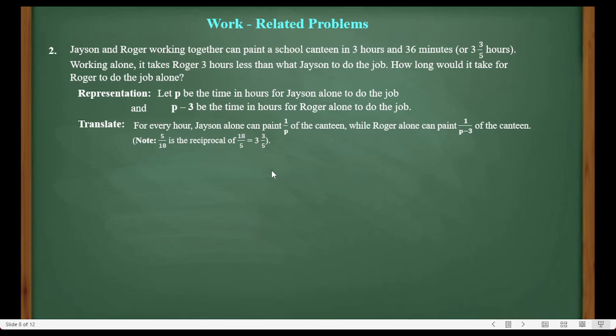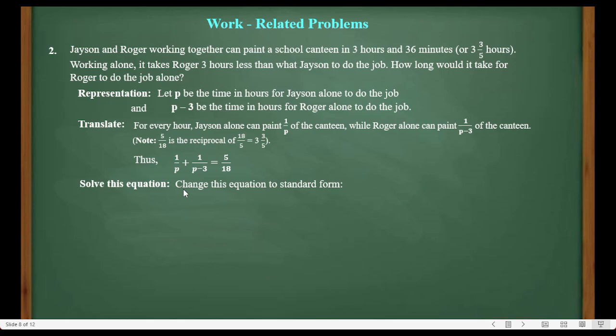So, take note, 5 over 18 is the reciprocal of 18 over 5, which is actually 3 and 3/5. So, formulating the equation: 1 over P plus 1 over quantity P minus 3 equals 5 over 18. And this is, again, a rational algebraic equation transformable to a quadratic equation. So, solving this rational algebraic equation,